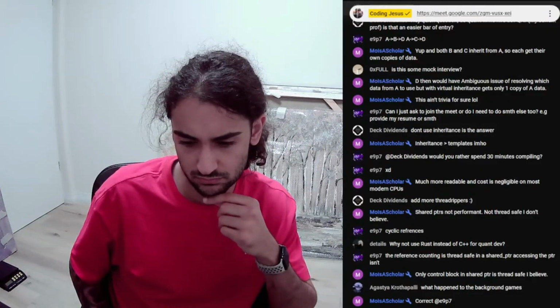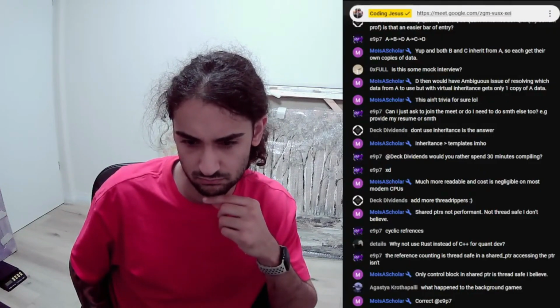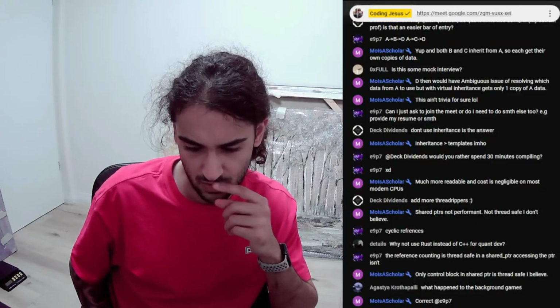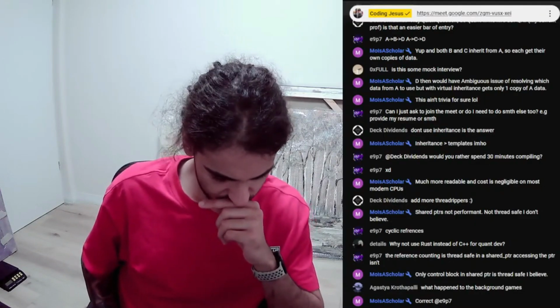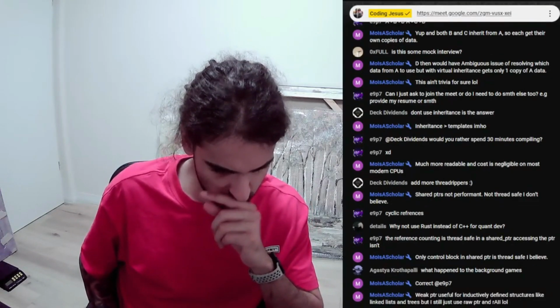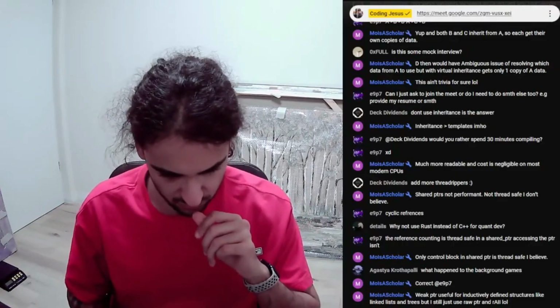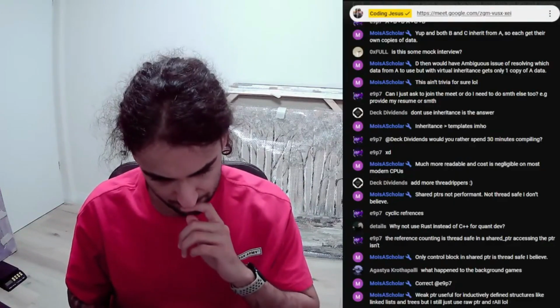I'm guessing 1 because it has to construct the object that it owns, or that it calls the constructor of that object at least once. No. The default constructor of shared pointer doesn't create anything. Okay. So if this was an interview, that would be a red flag.